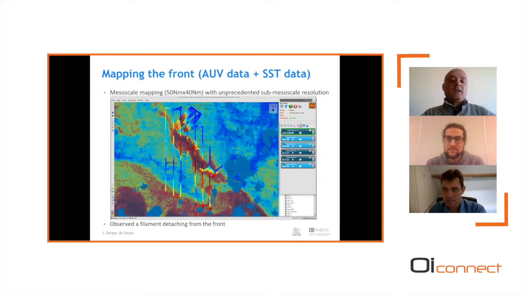Not here, not in this region, but we've been working with Jose in southern Portugal, in a place in which we were basically trying to figure out what was going on, because we think that there's a mechanism for the creation of internal waves there. So we deployed the AUVs there, but results were inconclusive, meaning that we would like to go back and get a better understanding of what can be done.